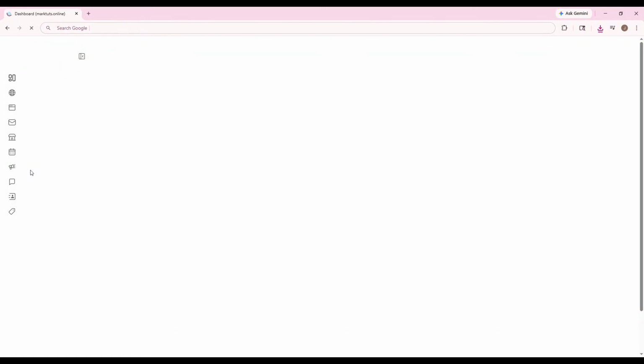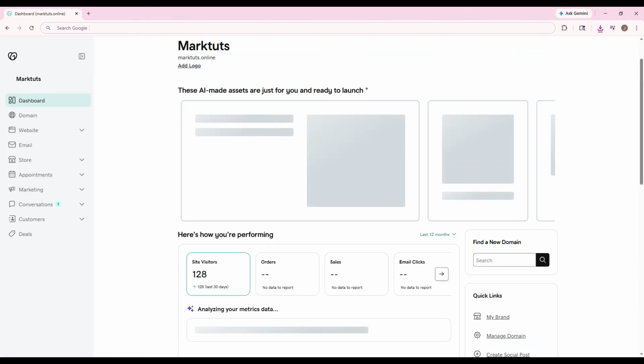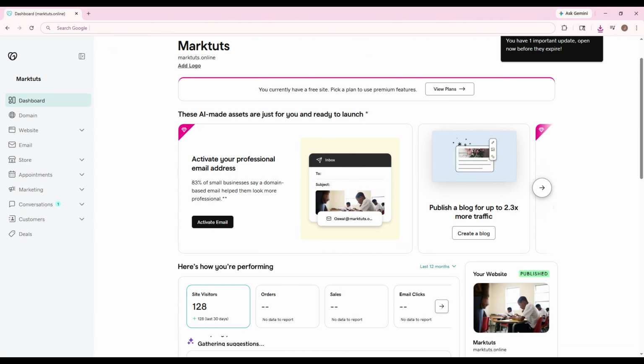If you need to rekey an SSL certificate in GoDaddy, this video will walk you through the process step by step in a simple, beginner-friendly way. Rekeying is useful when you have a new private key, you've moved your certificate, or you need to refresh the SSL setup for your hosting account. By the end of this tutorial, you'll know exactly where to go in GoDaddy and how to trigger the SSL